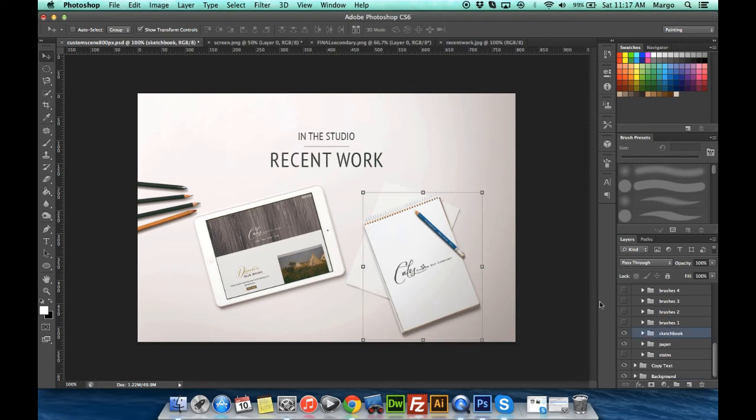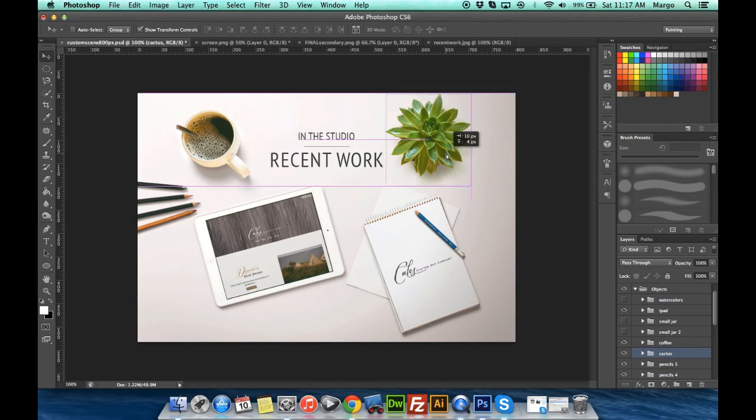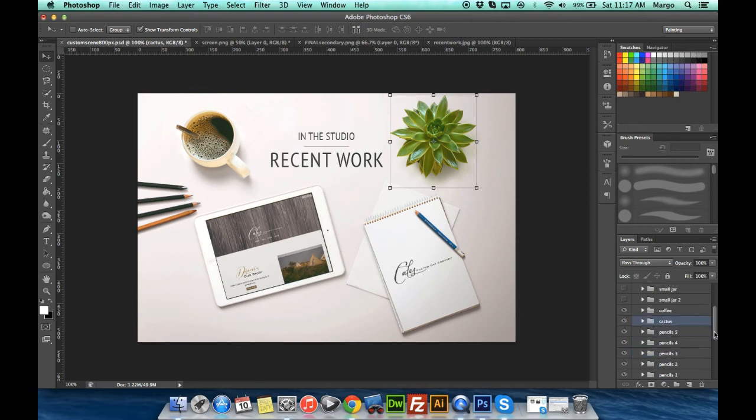So now I'm going to just add a few things back into the scene to fill it up a little bit and make it look a little bit nicer. So I think I'm going to add the coffee so it looks kind of like a real studio setup. And I like this cactus, so I'm going to add that back too. Don't want it to look too perfect, so I'm just going to kind of move things around to look a little bit more natural. And let's move these pencils a little bit. Just get them just right, just where we want